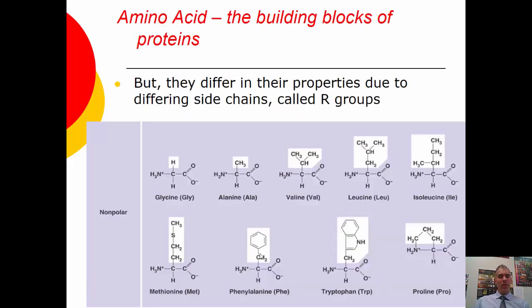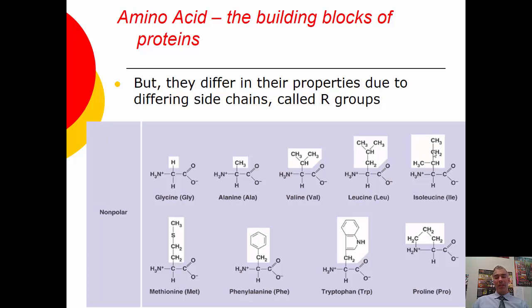So here's showing you amino acids and their R groups. The R groups are highlighted in white, so they each have their own name: glycine, alanine, valine, leucine, isoleucine, methionine, phenylalanine, tryptophan, proline. Okay. Now if you look, their basic structure is all exactly the same at the bottom, but we differ in these spots right here. In college, if you go into biochemistry, you have to memorize every single one of the 20 based on their R groups. I will not make you do that. But what we are going to focus on is what makes them different, what makes them polar or nonpolar.